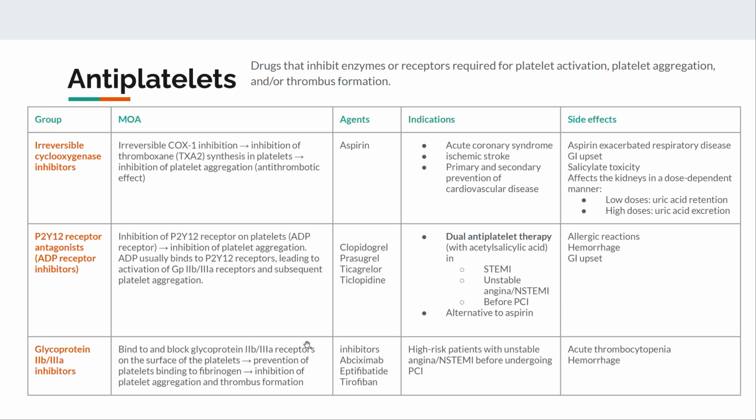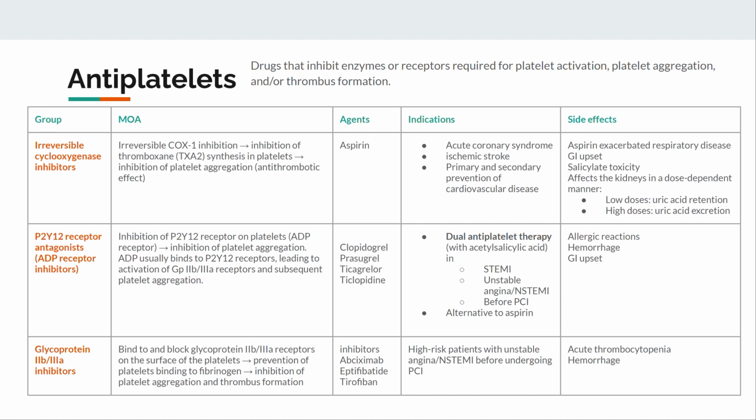They block the 2B3A receptor, and they were really popular when PCI was first coming about. And so there's still this indication of a high-risk patient undergoing PCI. But these days, they've kind of fallen out of favor, and most people get the cocktail of